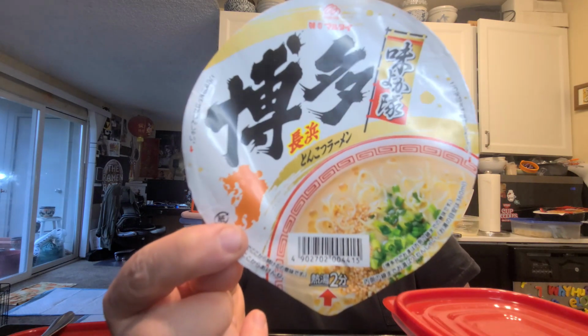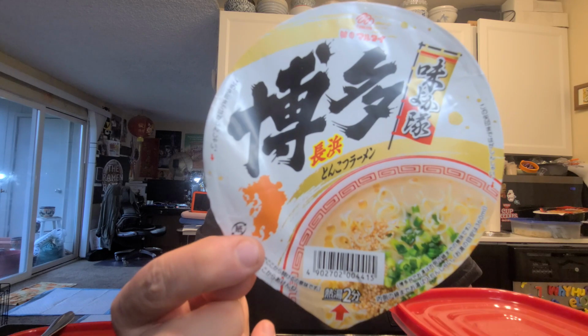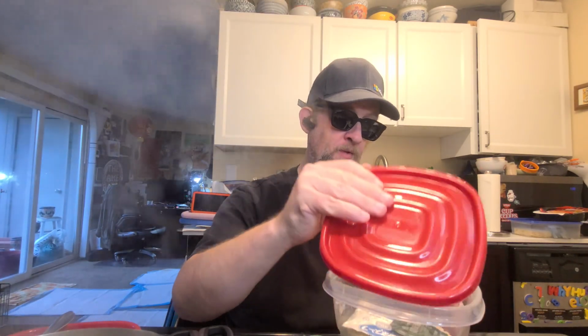This is a Marutai, I believe it's a Hakata Tonkotsu. Yes. Very thin noodle on this one too. This one only takes 2 minutes, and that is saying a thing. So, what we're gonna do